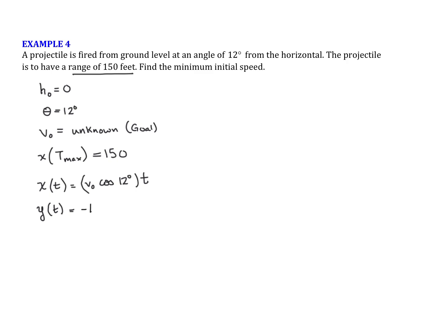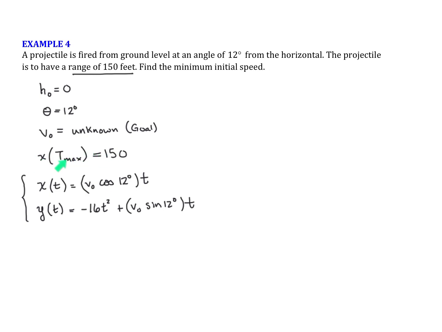So we have -16t² + v naught sine of 12 degrees times t, and h naught is 0. And so those are our parametric equations, and we know that t max is 150. So to figure out how to use this information,